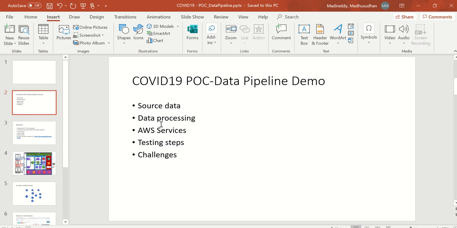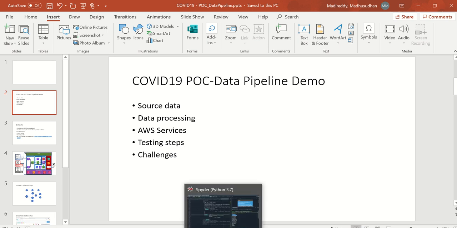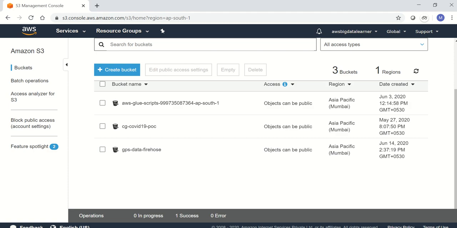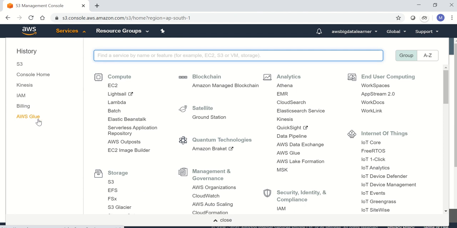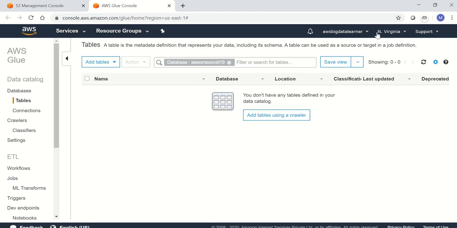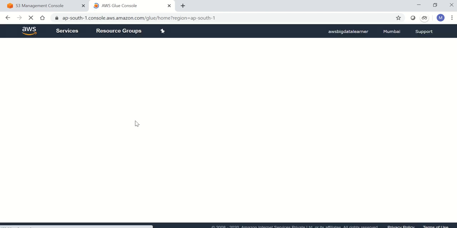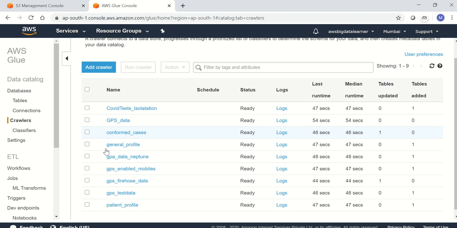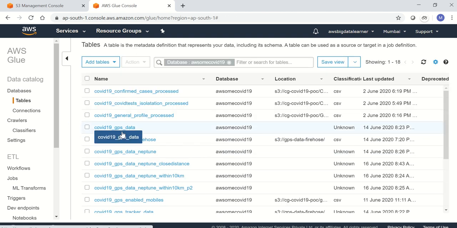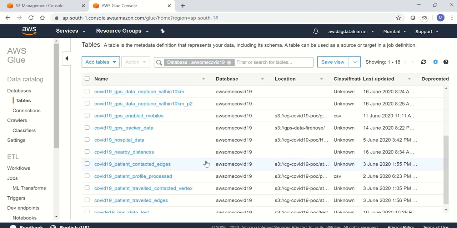Now let's go into the data processing. In the data processing, we have used Glue as well as Athena. For using Glue, we have created the crawlers, and using crawlers we have created the catalog tables, right?